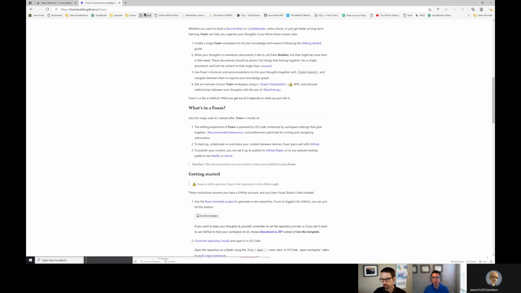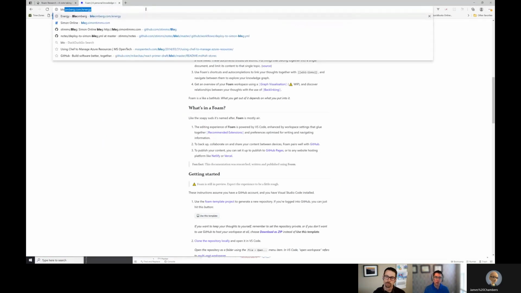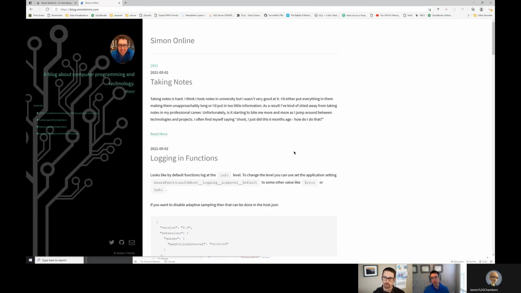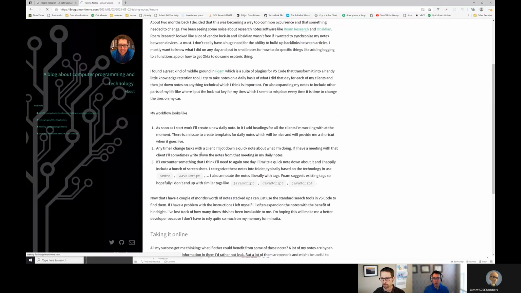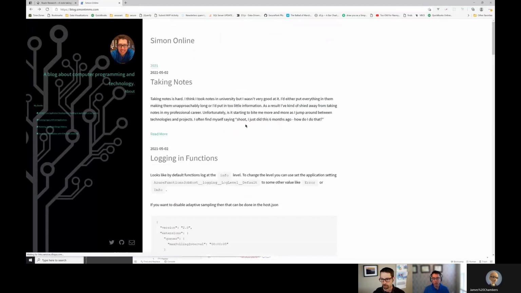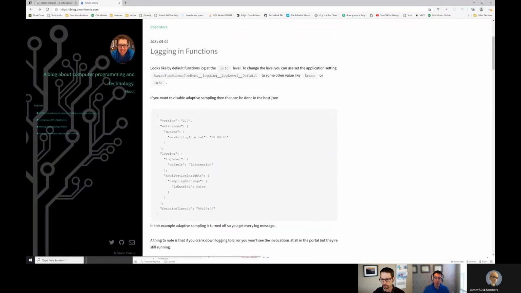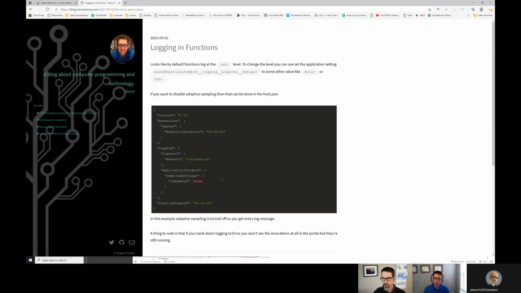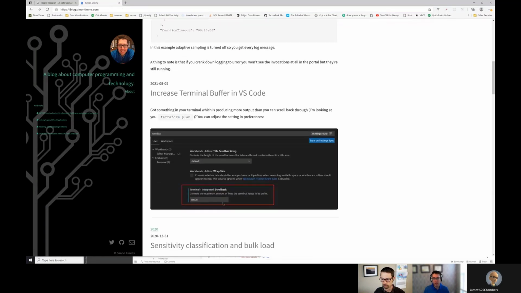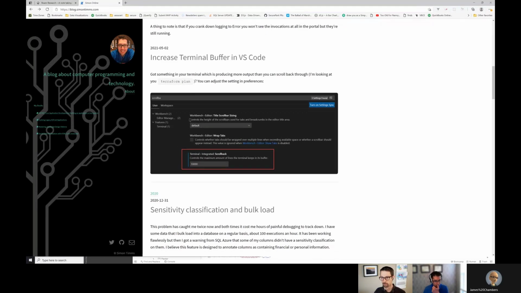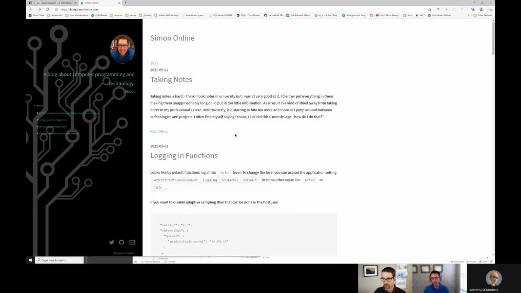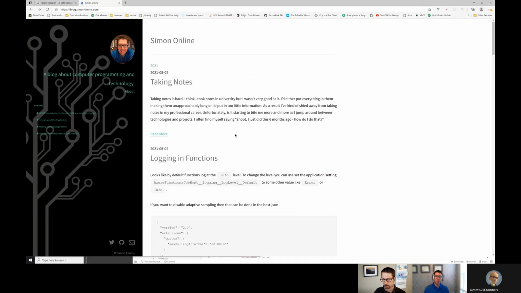So if I go over to my blog, I put up a post here about taking notes. This whole talk is basically this post, and this is an automatic blog post that went out as a result of me just marking something as public. And then this is another one down here. I managed to get it to do the images and all that stuff. So I'm hoping the result of this is that I'm going to start blogging a lot more, but it's not going to be painful for me because it's going to be just automatically updating stuff that I have already written.